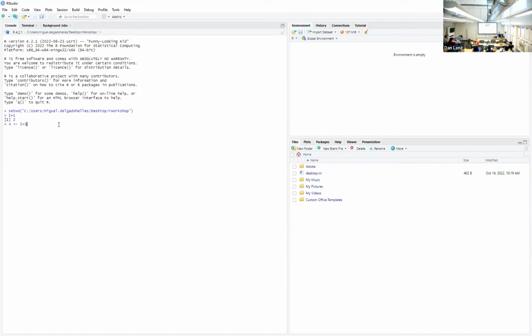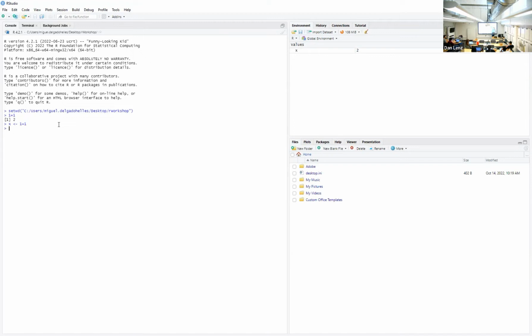plus 1. Okay. So how do I get the little assignment thing, which looks like an arrow? If you're on a PC, it's Alt minus at the same time. If you're on a Mac, I do not know, but that's something like command minus or something. So again, if I wrote X, I pushed Alt and minus at the same time, and then that little arrow, and then I do 1 plus 1. If I hit enter now, in my environment, I have a variable called X, and the value of the variable